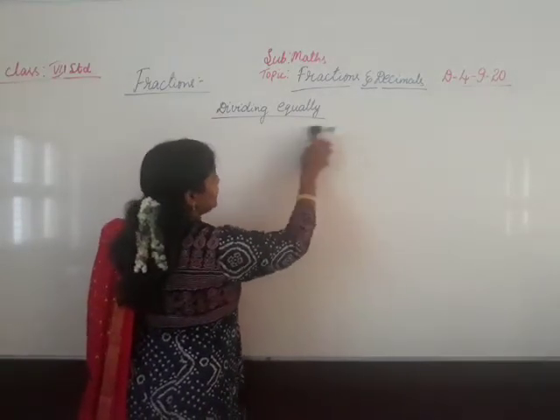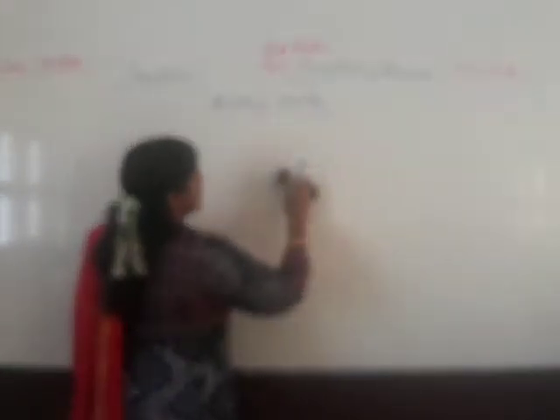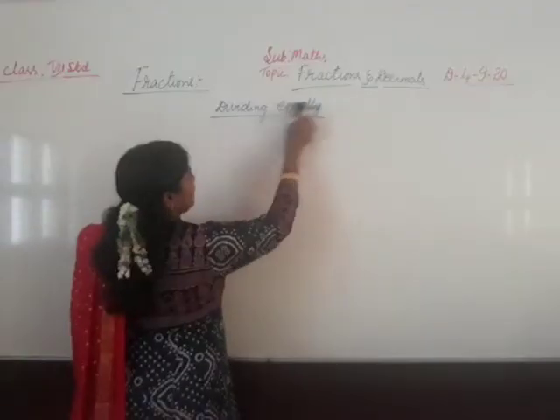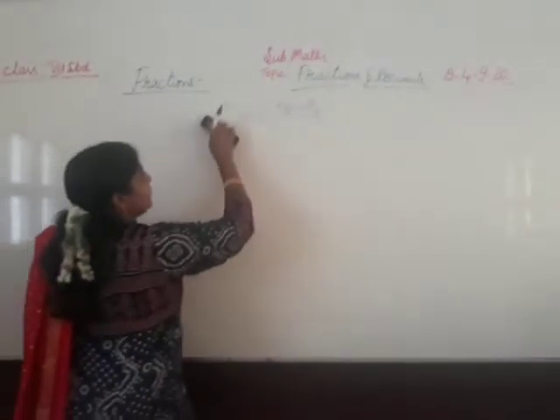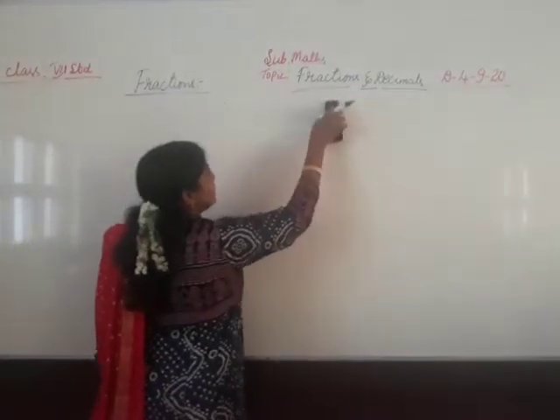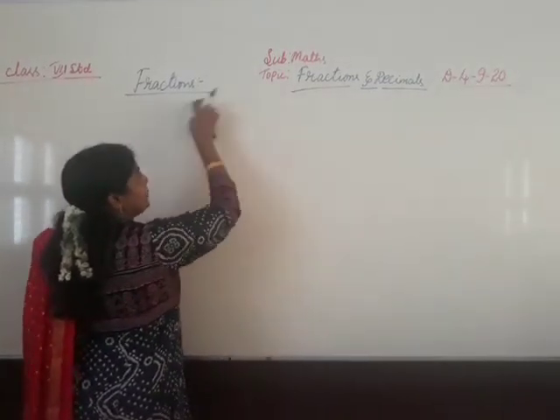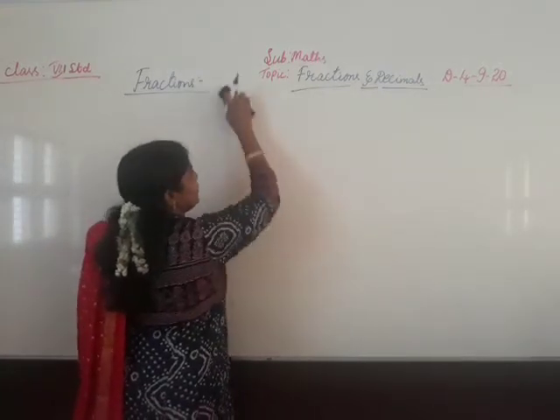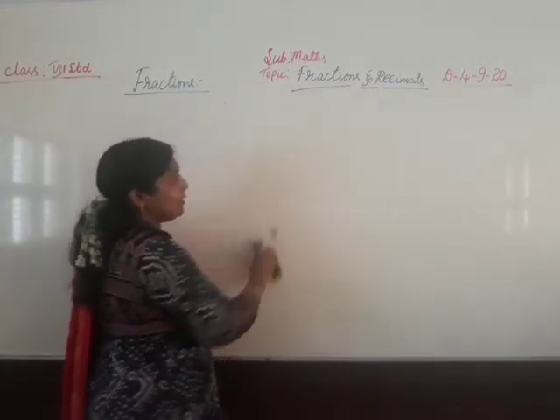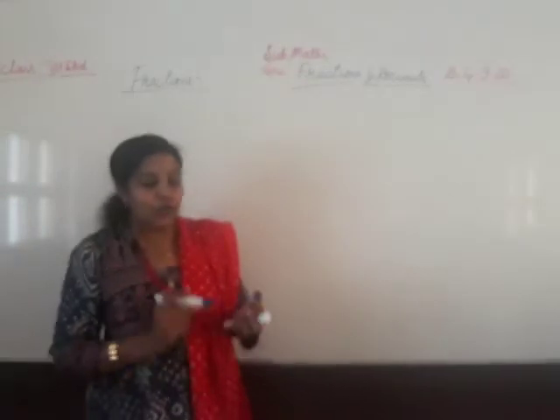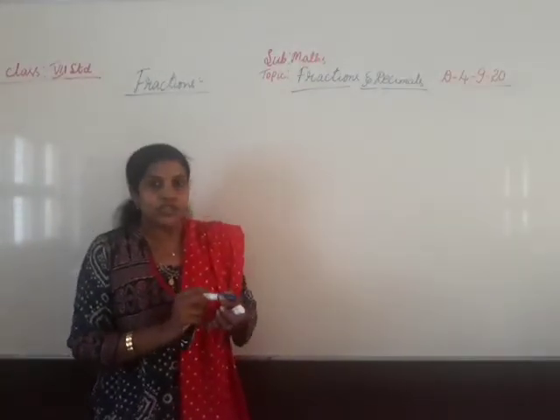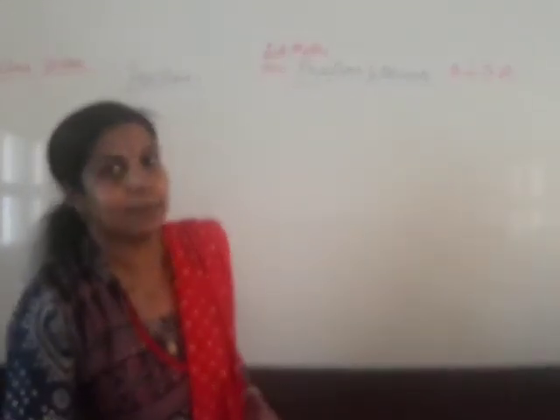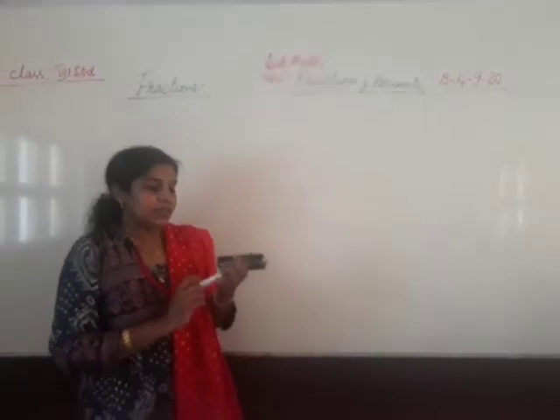Very important, a very good example we can give for fraction is pizza. Have you seen pizza? How is it divided? Divided into maybe 4 equal parts, maybe 6 equal parts. And the Cadbury's chocolate, there also many parts will be there. Each part is divided into an equal portion. Each portion is one and the same. Okay. So that is about fraction.